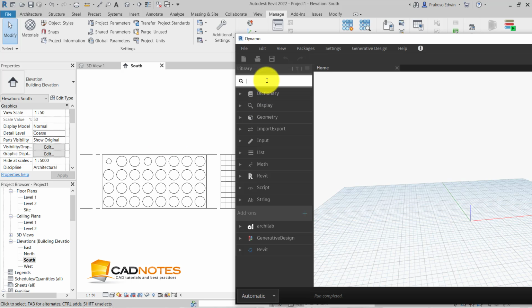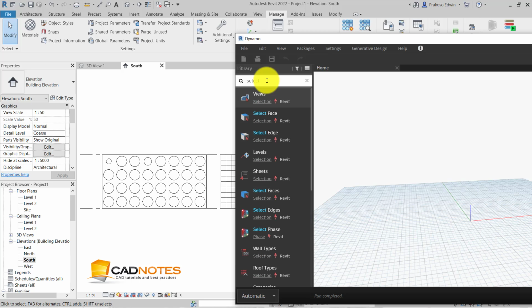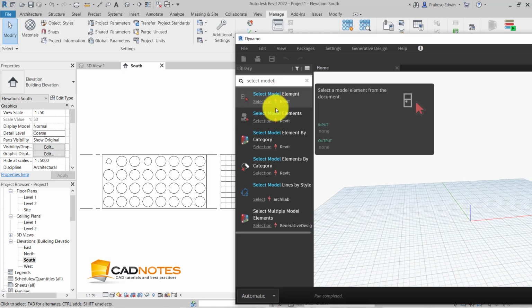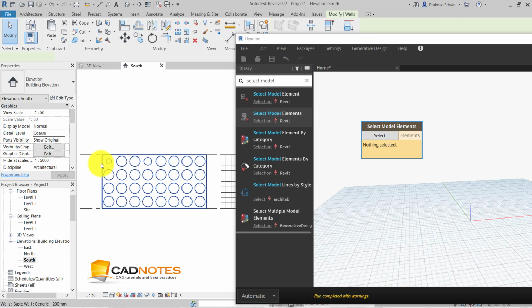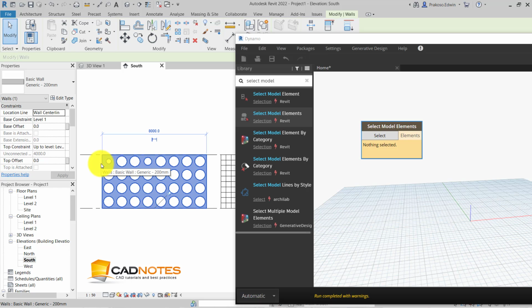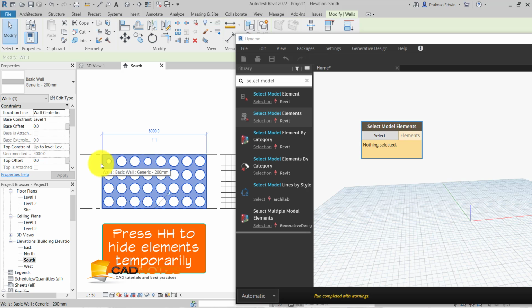Now I'm going to add the Select Model Elements node. If I want to select all these circular openings, it's easier for me to hide the wall first. So let's select the wall and press H twice.